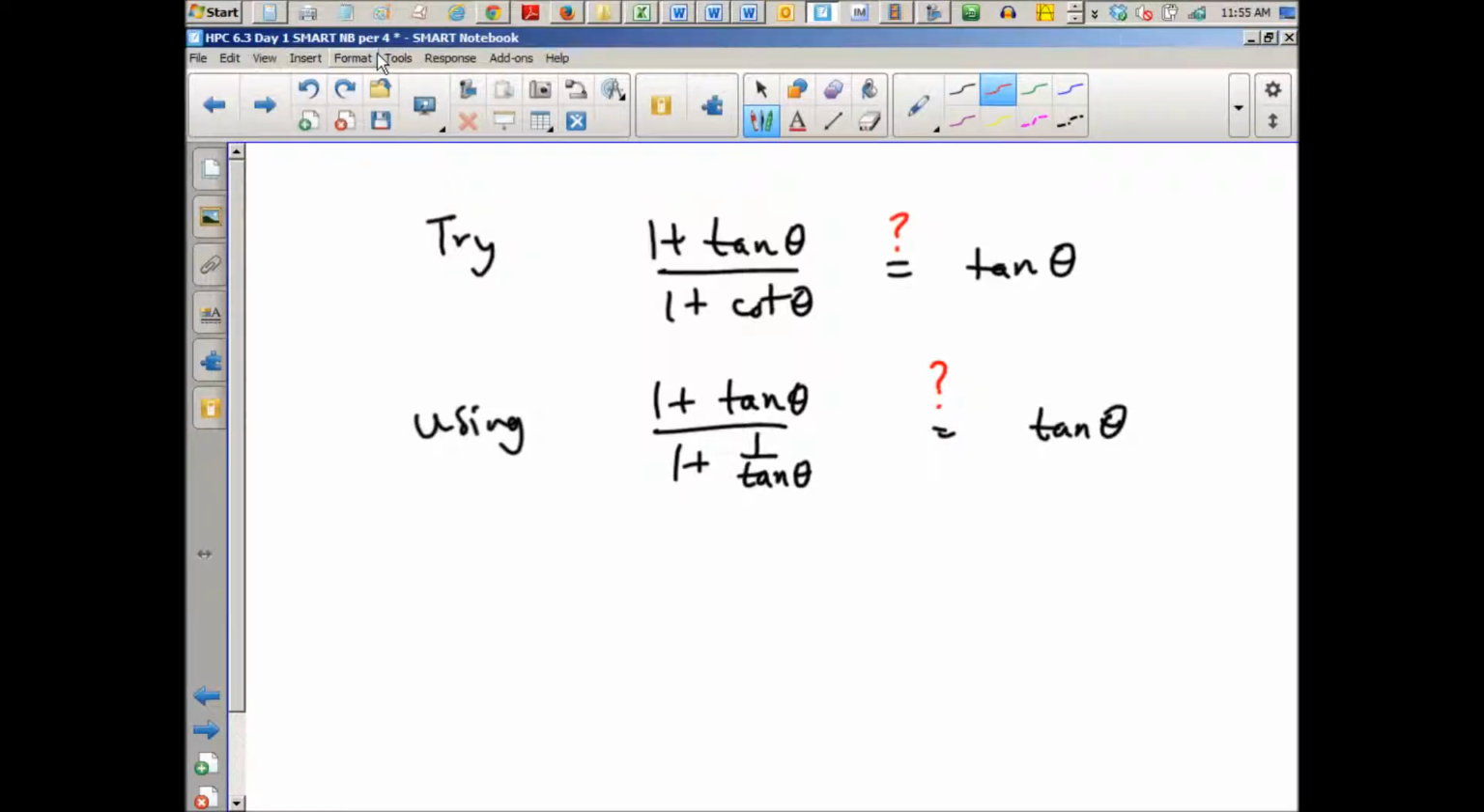Okay, was anyone able to get this to work out? Okay, so the goal is to try to clean up the complex fraction. This is a little bit simpler looking than last time because we're not doing sine over cosine and cosine over sine, so we're just changing cotan to tan. So let's see where this leads. If you multiply top and bottom by tan,